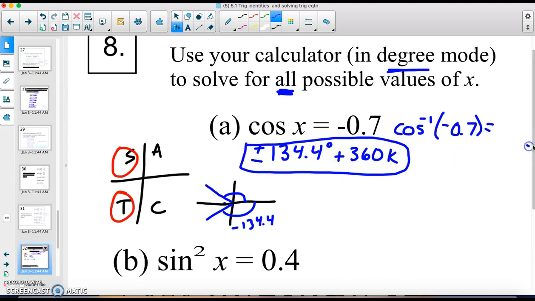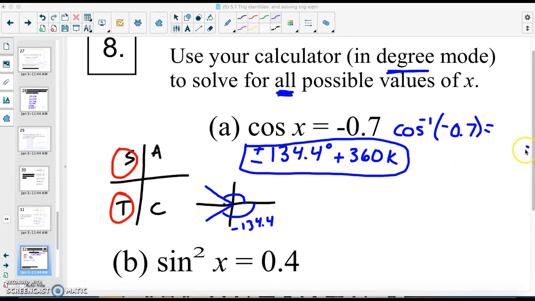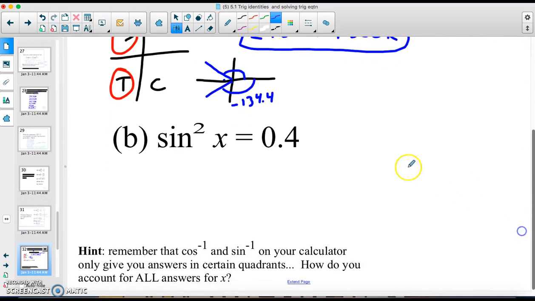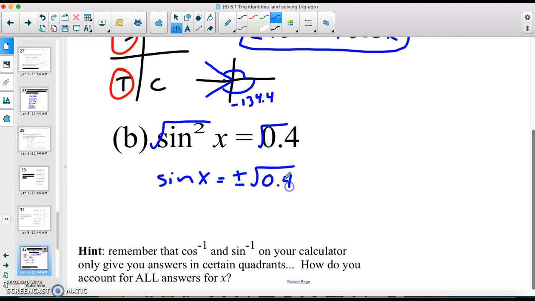So the other one, let's see if I can get this to work. So for sine squared x, I would start with taking the square root to get rid of the squared. So we're going to have sine x equals plus or minus square root of 0.4. So this is sine is positive and negative, so that's